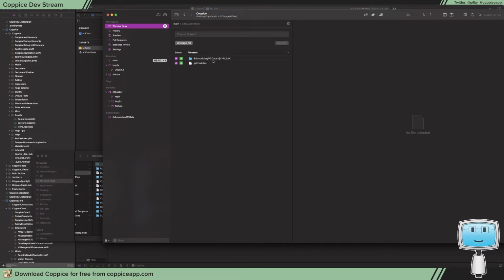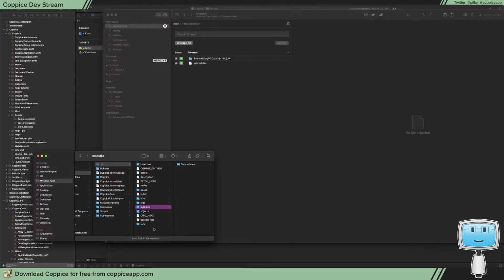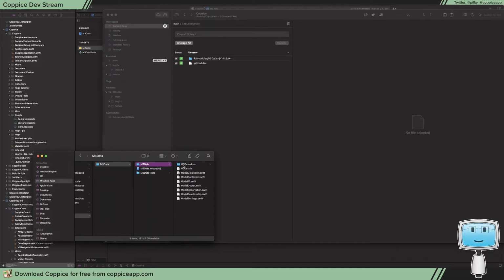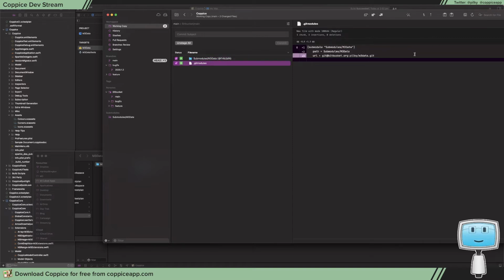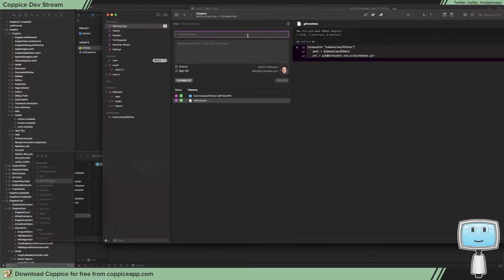So if I go to submodules and 3 data, you'll see we have all of our stuff here. It has been added to our Coppice directory, but you'll notice that it hasn't been added up here. We just have a commit and git modules. So if I commit this as M3 data submodule,